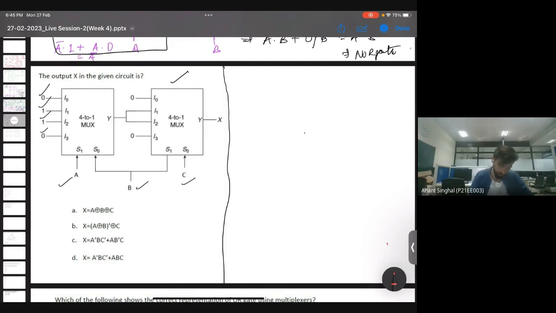Let me proceed. So we can see that the select line for this is A and B. So this will be nothing but a bar b bar, a bar b, a b bar, and then a b. I hope this is clear. This is nothing but 0, 1, 2, 3. So if I try to solve this, both will get cancelled and the output y will be nothing but a bar b plus a b bar,